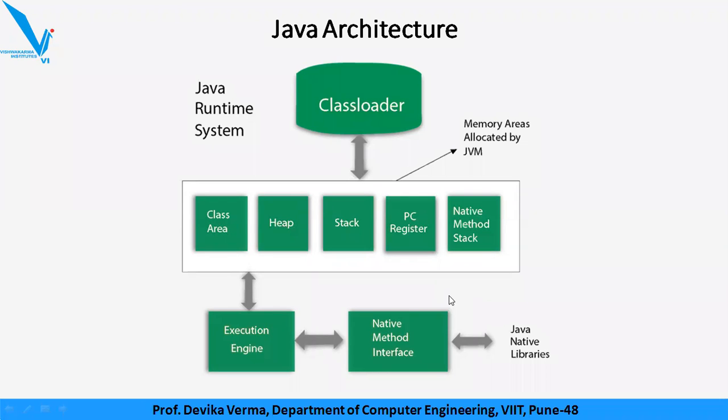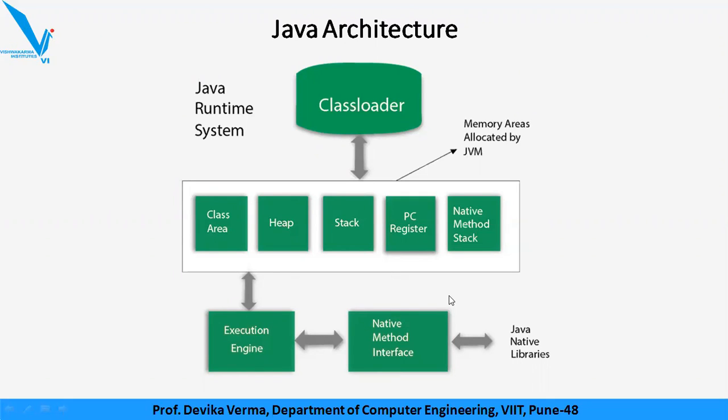Now for every method frame, what do you think must be stored? All the variables, the results, etc. Each thread created by a Java program is also allocated in the stack memory. For every method invocation, a frame gets created in the stack memory, and in this frame all the data or control related to that method call is stored. After the execution of the method is over, that frame is deleted from the stack memory.